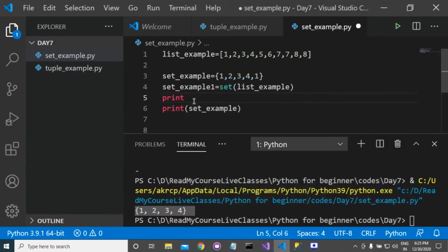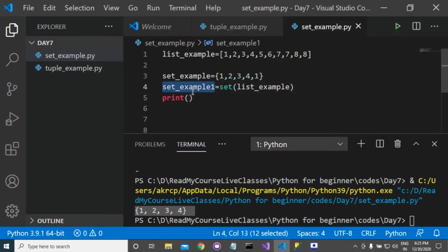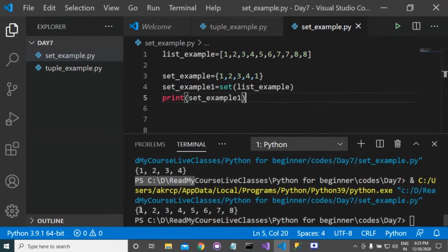First I am printing this, and you will see that all the duplicate members have been removed from this list. Now you can see that we have these numbers 1 2 3 4 5 6 7 8, meaning duplicate members have been removed.